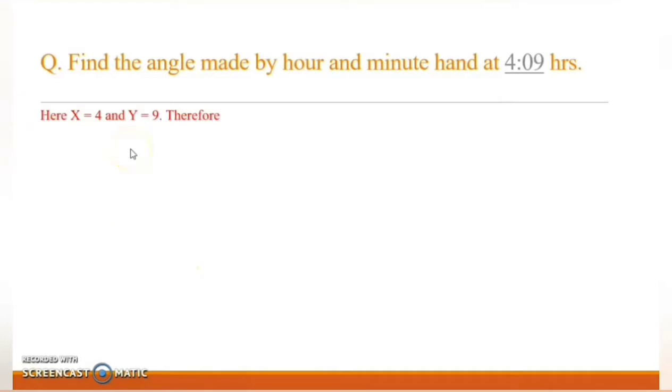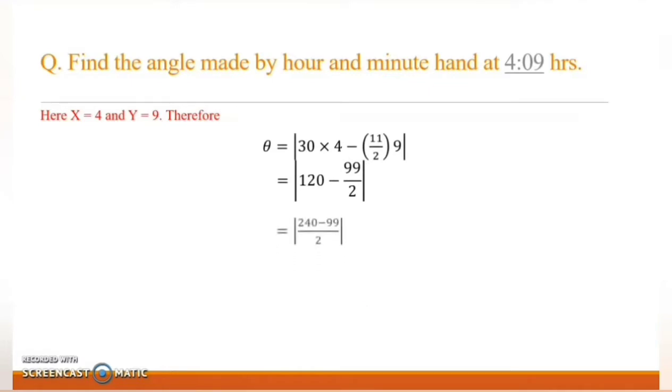So we have x is equal to 4 and y is equal to 9. Therefore, substituting this in the given formula, we get theta is equal to this, which on simplification gives us this, which on further simplification gives this, that is equal to this. And therefore, we have